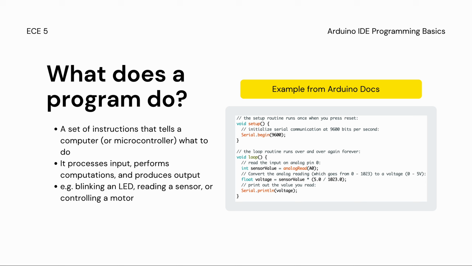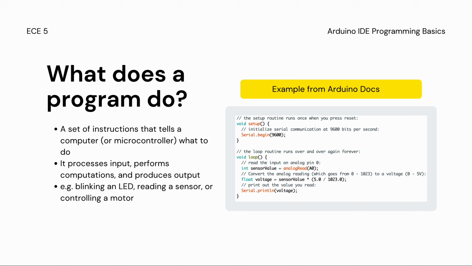A program can be flashed to a hardware device such as your ESP32, or it can run on your computer. It processes input, such as sensors or other actuators that you might have attached to your ESP32. It performs computations and then it also produces an output. Some examples might be blinking an LED, which you might have done in lab 0 if you've done this already, and then reading a sensor or controlling a motor,